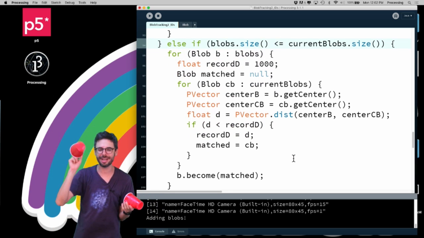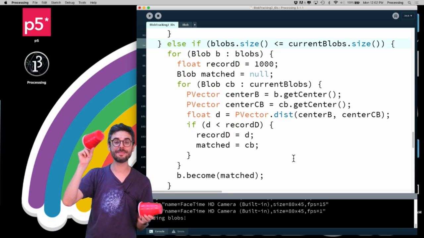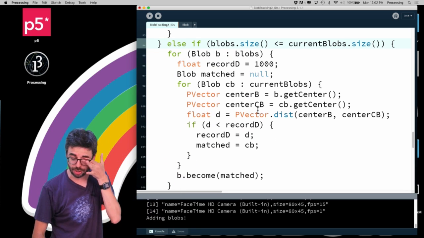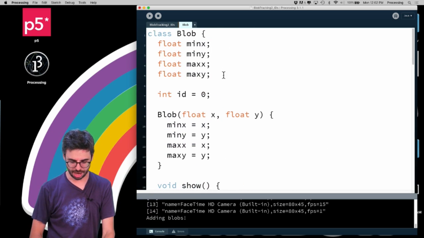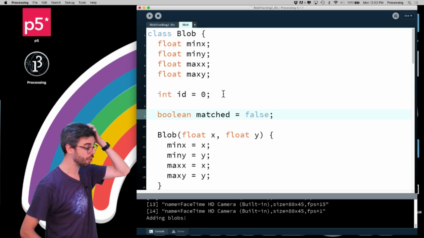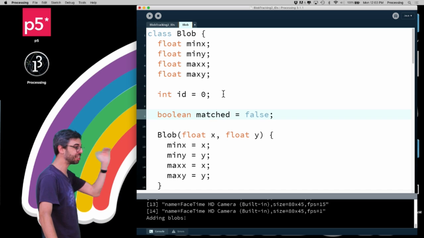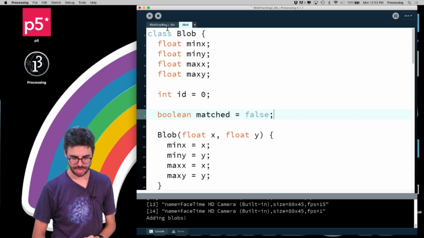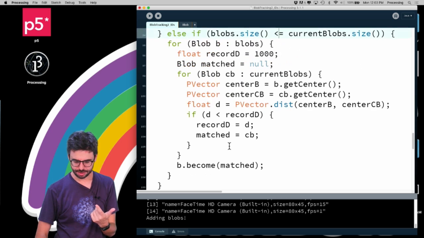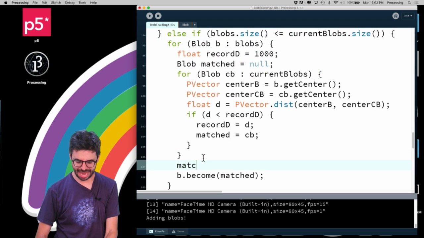So what if this current blob gets matched? I can't say it's two different blobs at the same time. So one thing that I want to do is, in my blob, I want to create a Boolean variable called matched, which by definition is set to false. And then here, if the matched,